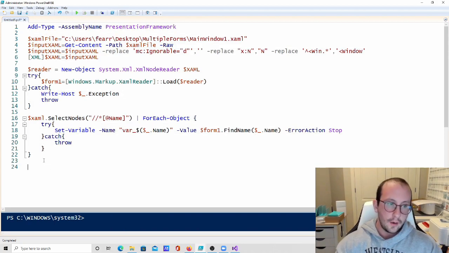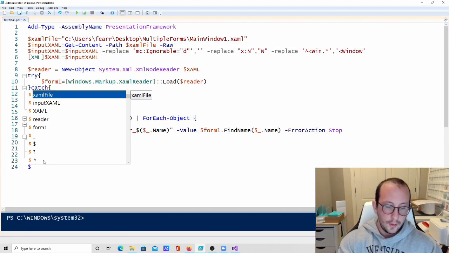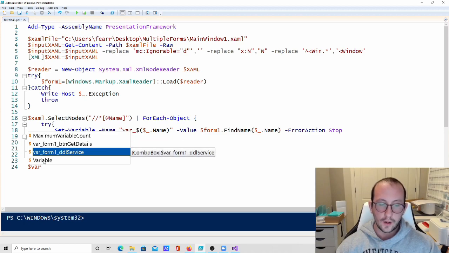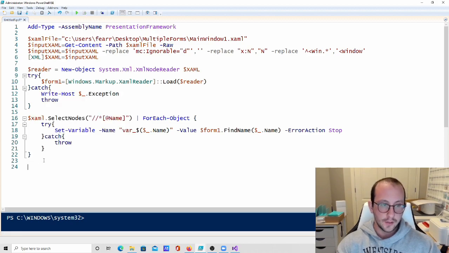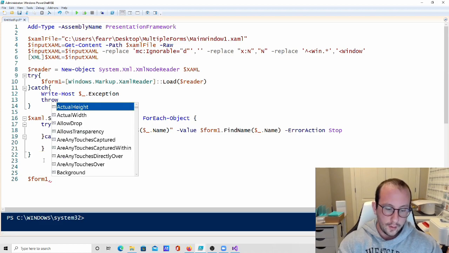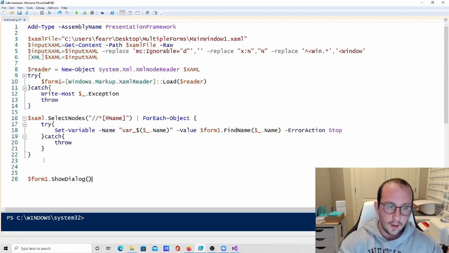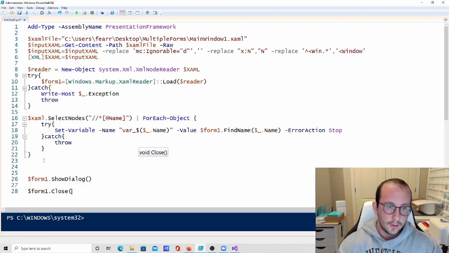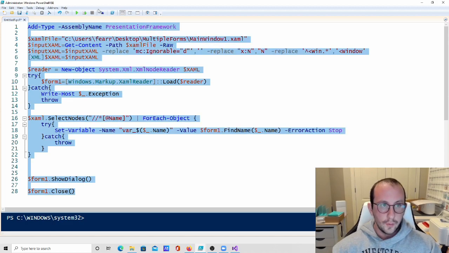But what we can do now is if we go into var, we can actually see that we have our form1 btn get details and our form1 ddl service. So we know that it works. It created the variables. So let's go ahead and load in our drop down. But first, what we can do is a form1.ShowDialog(), open and close parentheses, and then at the end we're just going to do a form1.Close. So if we run this here,